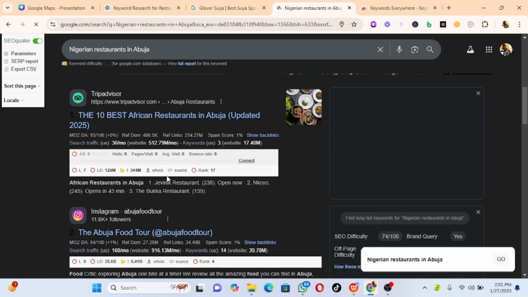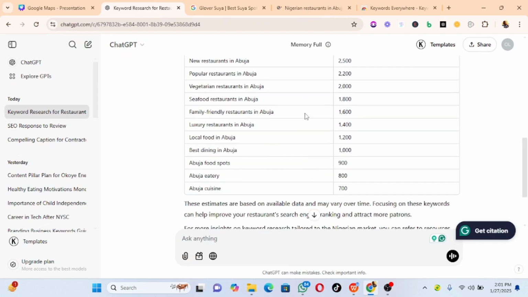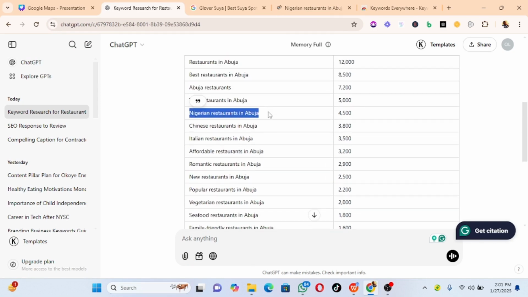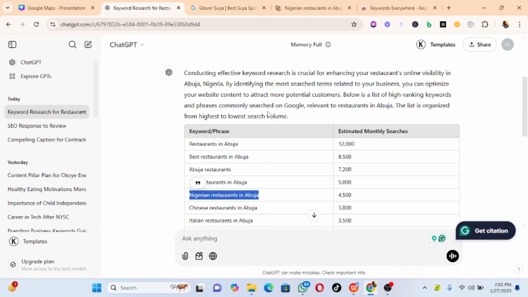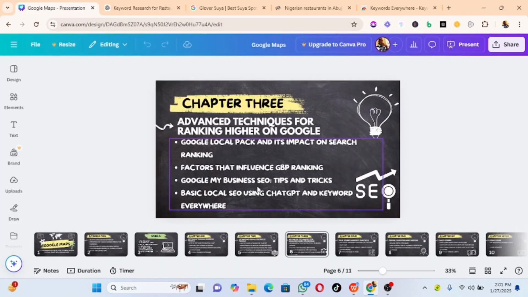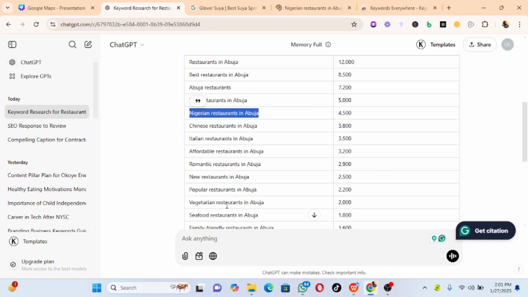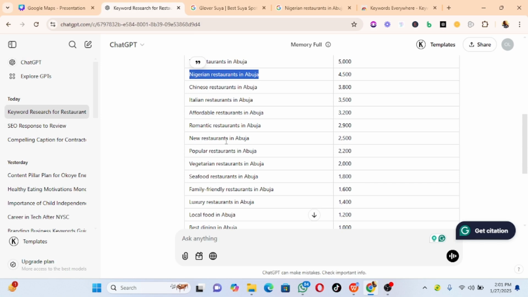So you just have to incorporate this keyword into your client's profile or into your own personal profile. As you can see, lots of keywords. This kind of keyword at least is something you can use in your customer profile. So the next thing here is, okay, we are seeing keywords everywhere. So once you get that, the next thing is to make sure that all these keywords you put them maybe